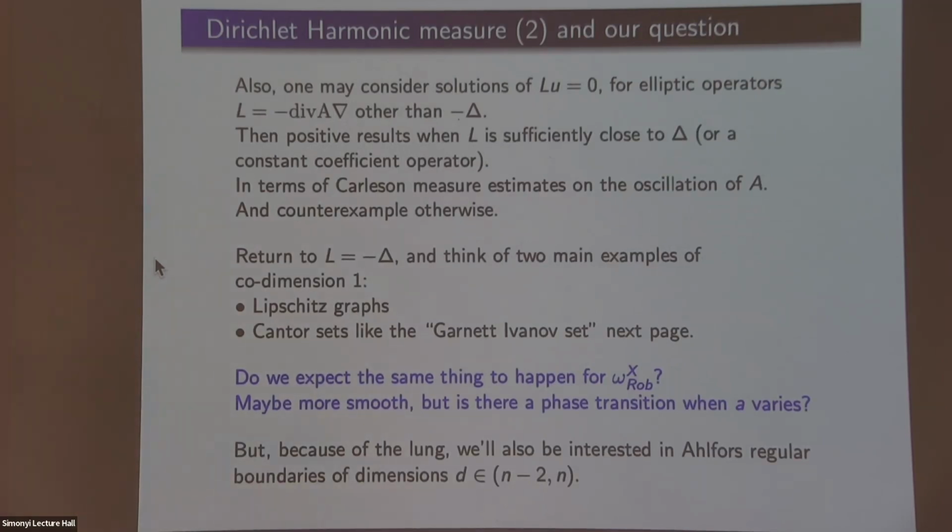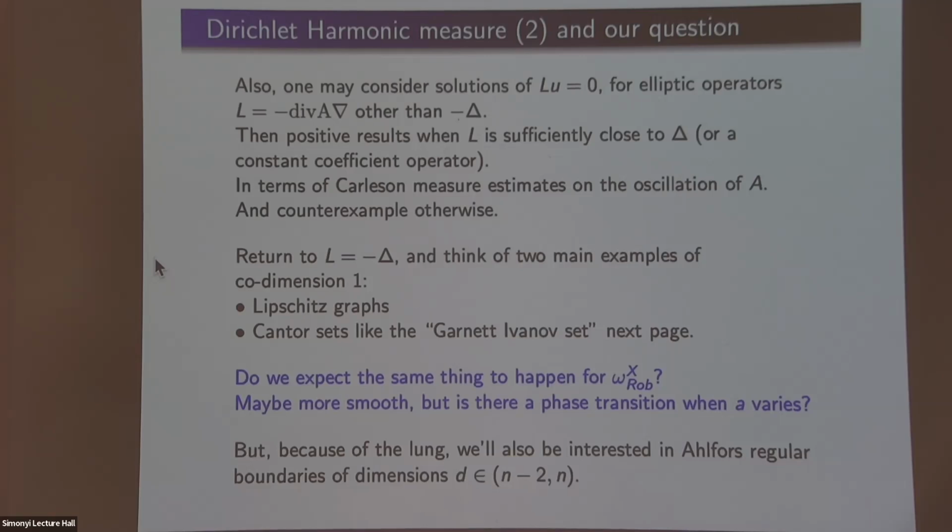I decided to start talking about harmonic functions. And you can also talk about elliptic functions. So you can replace the Laplacian by some other divergence form operators A, where A is a matrix which has ellipticity. And in this case, you can ask the same questions and they make sense. And it turns out that typically for the situation that I was describing above, when A is close enough to the Laplacian, to the identity, then you still have results. And if you have A which is not so close, locally, to the identity, then you have counterexamples.